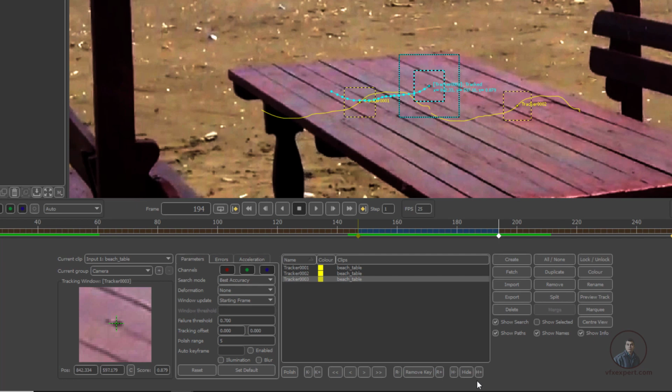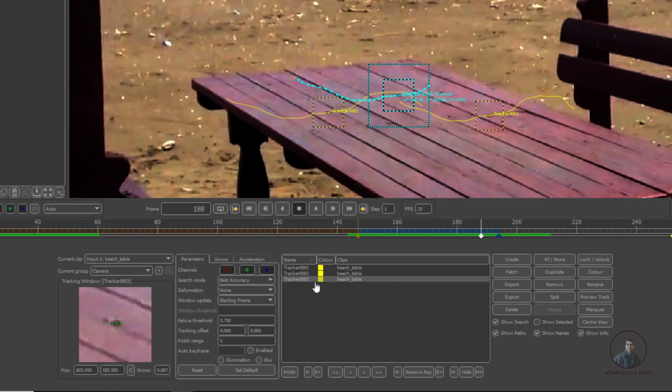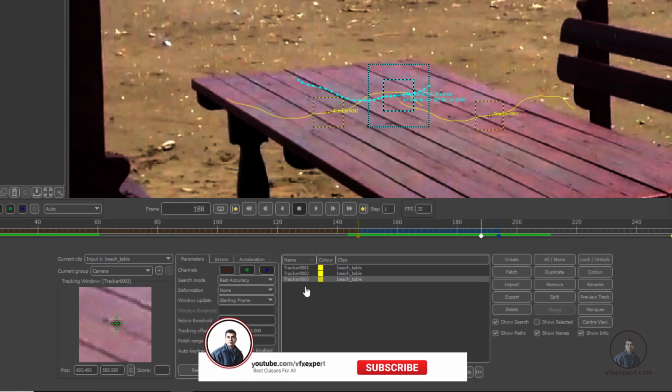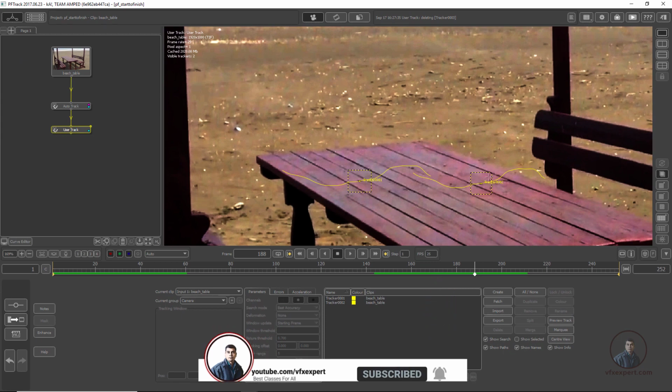This is important. So simply click on H plus, because here I am going forward like this. Yes, now you will see that after this you will not see your tracker. Okay, so this is only for explanation. If you want, you can simply delete your points. I don't need it here, so I click and simply click on delete. So these are the techniques for your user points or user features.